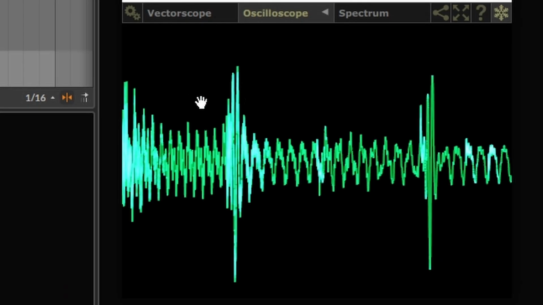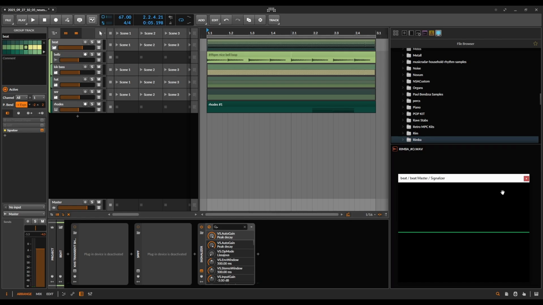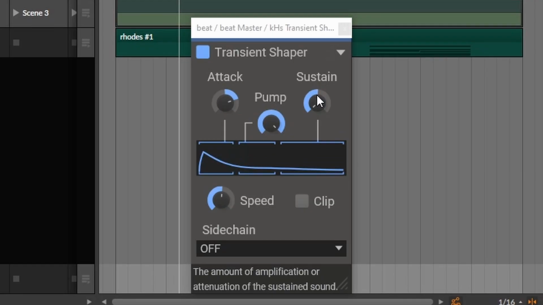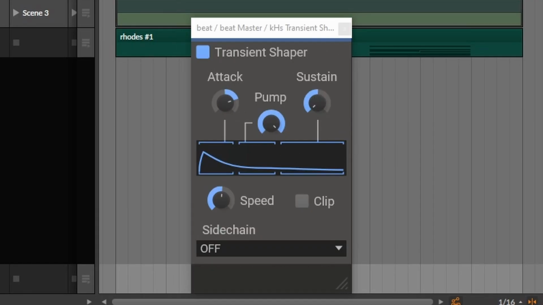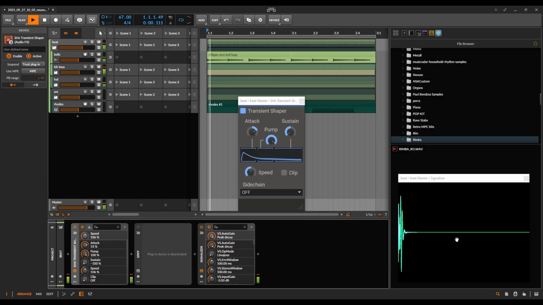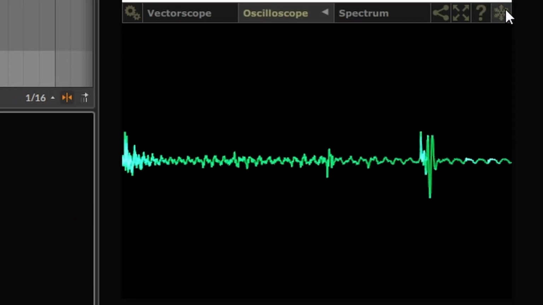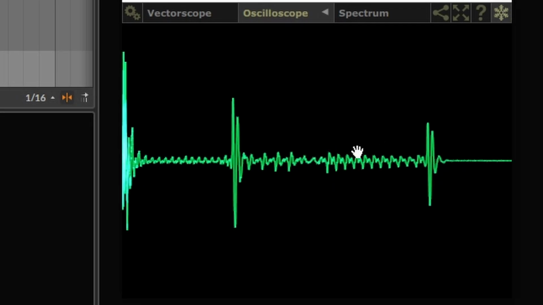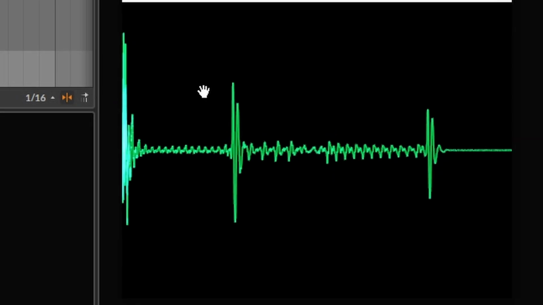So yeah, in this beat I made some very clear transients with the kicks. You can really see where they are. So you would expect a transient shaper to actually pick that up. But if I enable kilohertz transient shaper and set it up so that it lets through the transient and then goes down to silence as much as it can. Okay, so first of all, you can see it definitely detected where the transients are, but only for the very